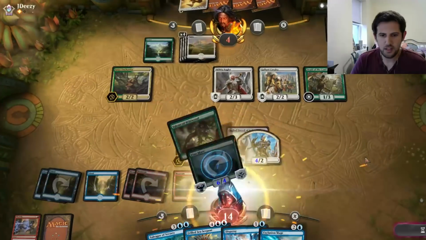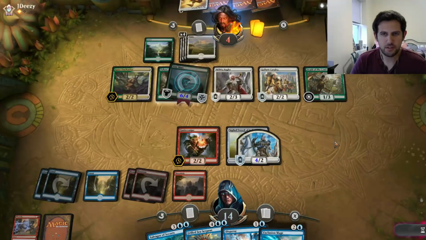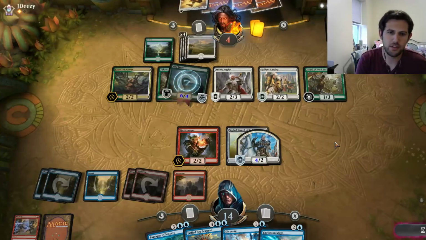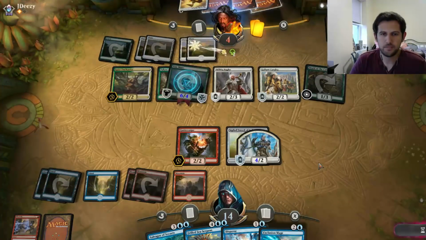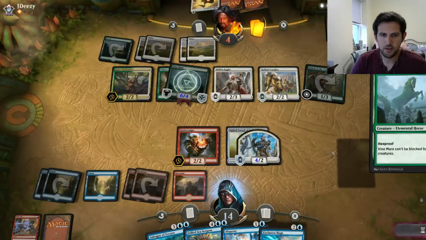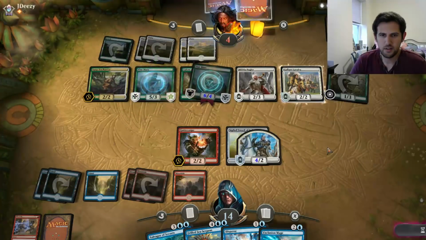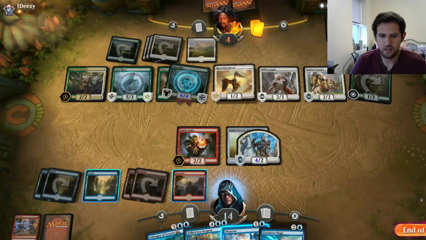This definitely is a risky line of play for my opponent because they're only at 4 life here, so if they don't have a couple of creatures to make sure that I can't get in for the last couple of points of damage, then that could be trouble for them. But I guess they have a lot of cards in hand here. Another Vine Mare. Sure. And Rustwing Falcon. Okay,